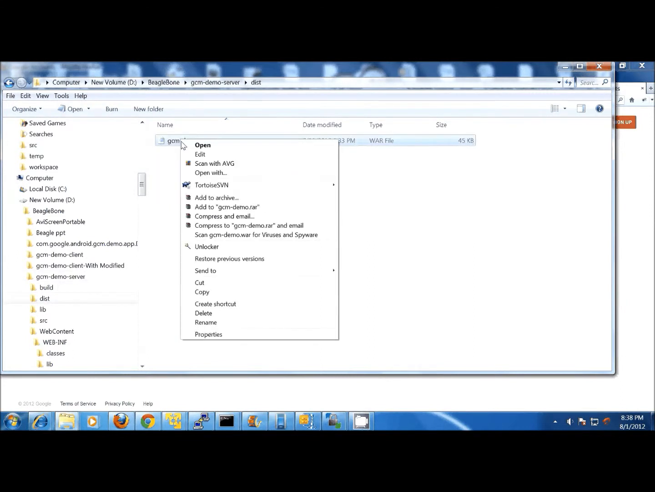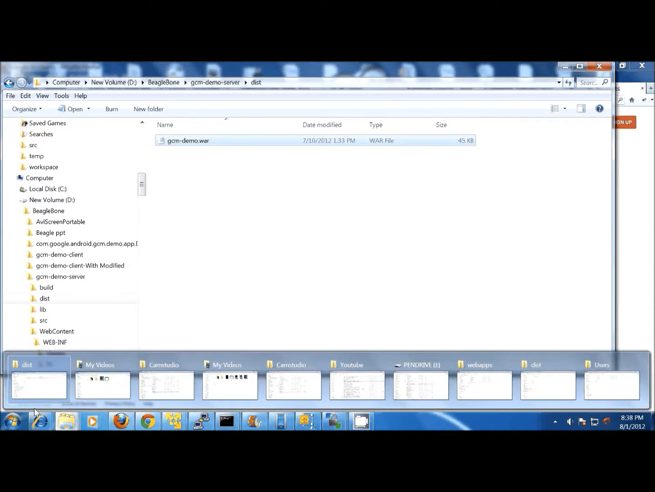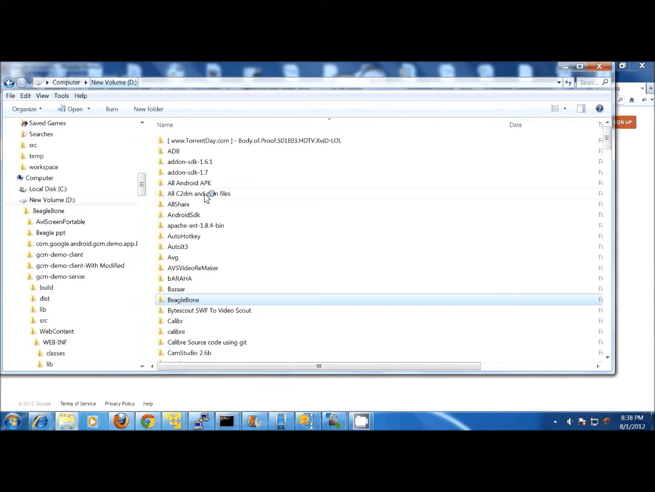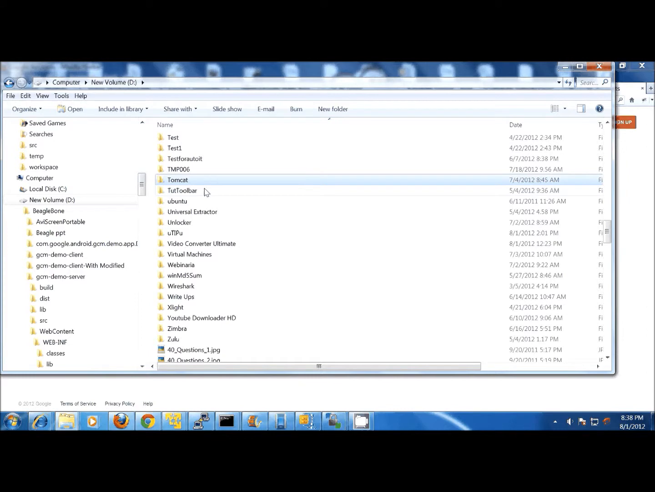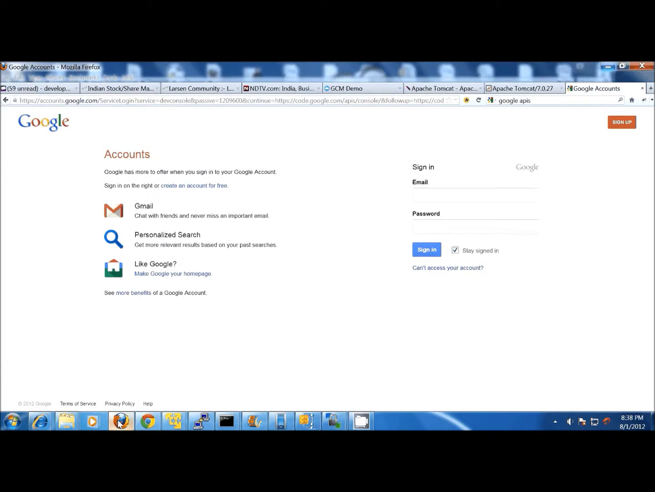Just copy this and go to your Apache Tomcat folder. I installed Tomcat at the Tomcat and yep, webapps. So I've already pasted the GCM-demo.war in, and once you paste it in, after 5 seconds or so, it will generate a directory on its own. So just paste it in and wait for it to generate its own directory. Once it's generated its own directory, you go to